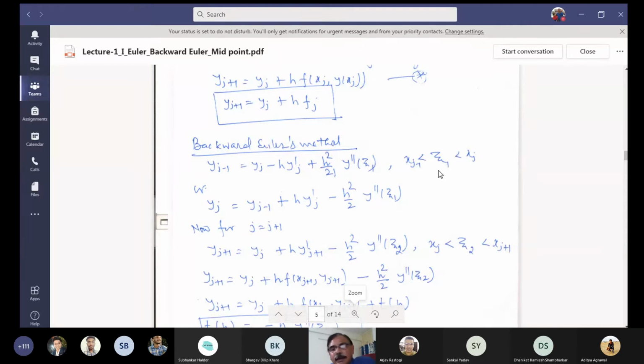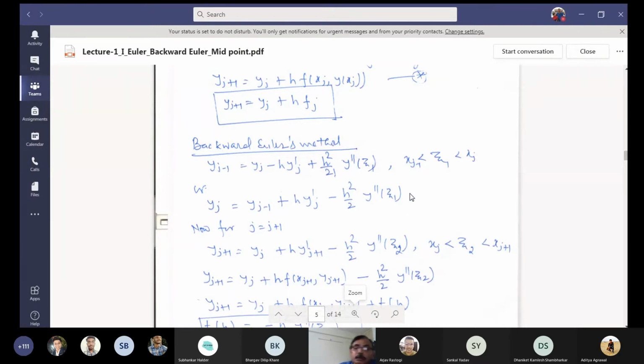Is this clear to everybody? Yes, sir. Okay. So we just rewrite it. We take yj minus 1 on the other side, so yj will be yj minus 1 plus h yj prime minus h square by 2 factorial